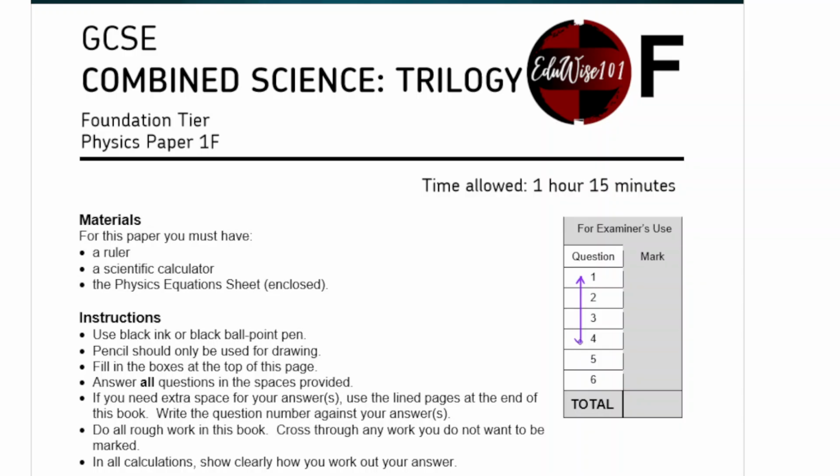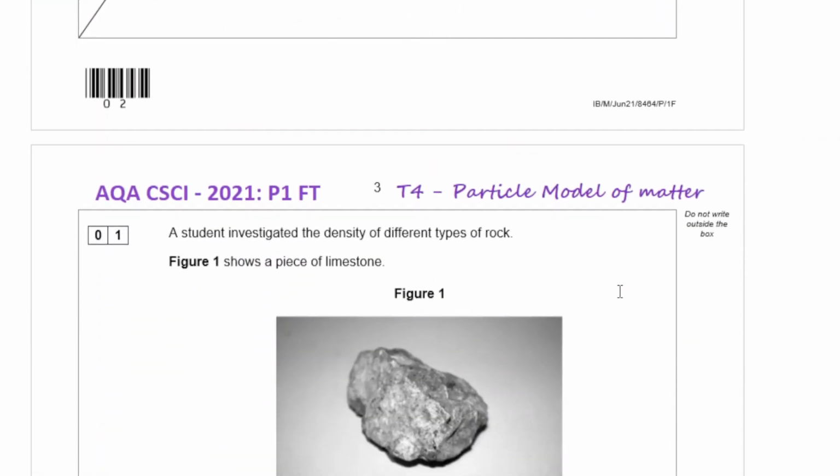These are the foundation level questions. Question 5 is actually a higher level question. This question appears as question 1 in the higher tier, and question number 6 appears as question 2 in the higher tier. And I have done videos separately for these 2 questions, so I will link those videos at the end of this video. Let's have a look at question number 1, which is on the topic of particle model